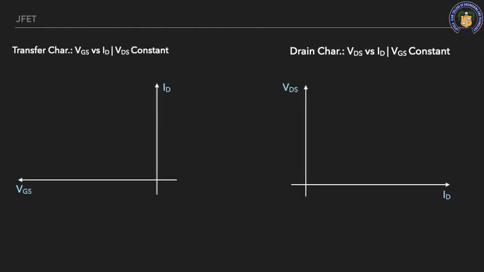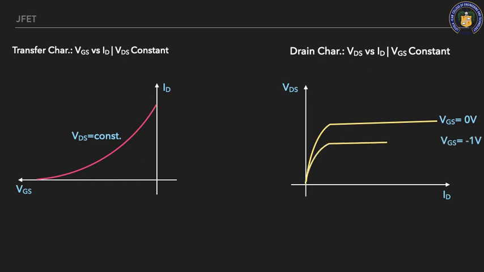Okay, students, we will see the calculation from the graph. So this is your graph, that is transfer characteristics and the drain characteristics. The transfer curve is drawn between VGS and ID, keeping VDS constant. For drain characteristics, you have to take at least 3 sets of readings, that is VGS of 0, minus 1, I'm just giving you an example, and minus 2 here.